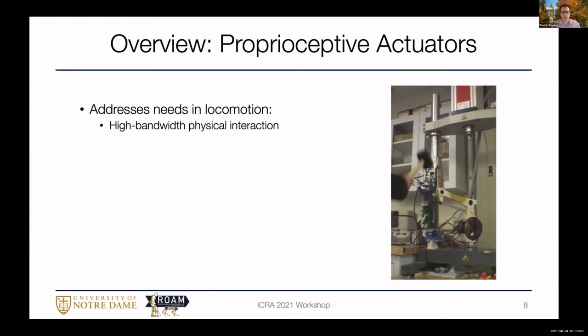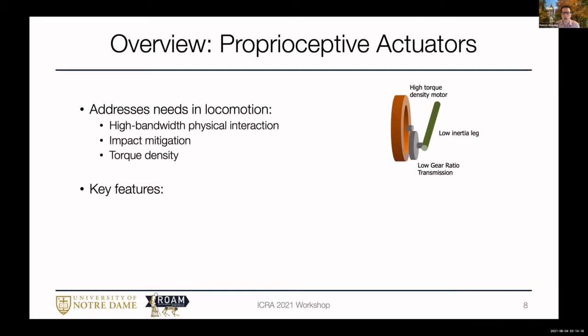These actuators enable us to have high bandwidth physical interaction through contact. They help us to mitigate impact impulses by being highly transparent, and they have a pretty high torque density. So for every gram of actuator we carry along, we get a bit of torque out of it. In terms of key features here, these proprioceptive actuators, also known as quasi-direct drive motors, have a high gap radius stator and a low gear transmission. And this strategy of essentially minimizing the transmissions and the transmission dynamics allows accurate delivery of force without external force